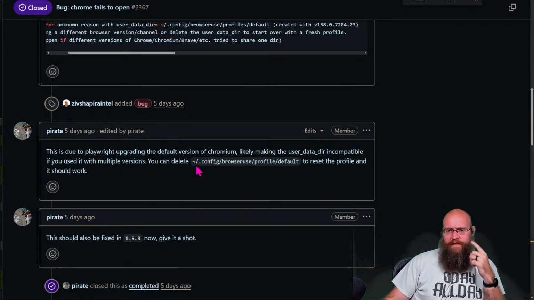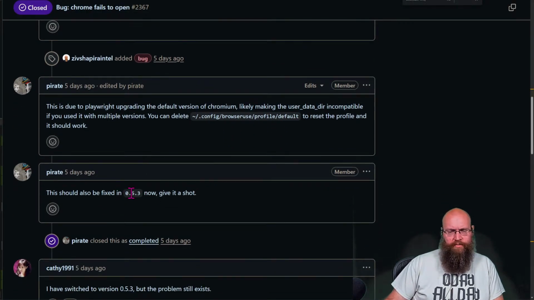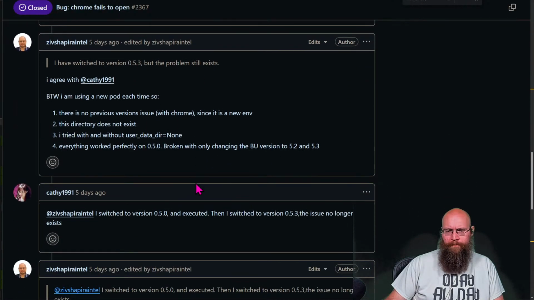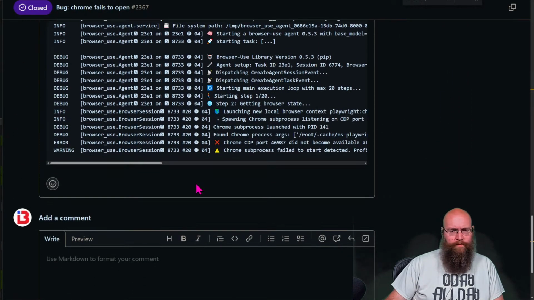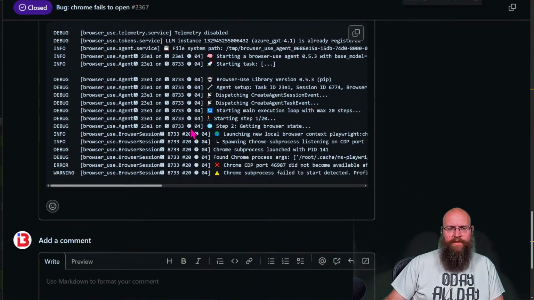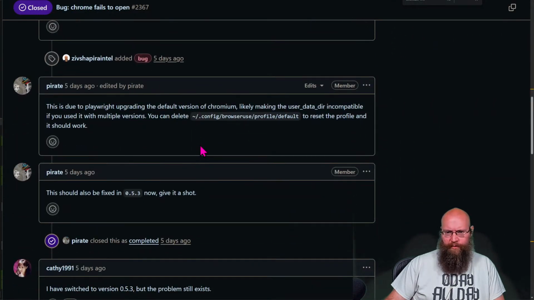So you can delete config browser use profile default, reset the profile. It should work. Should be fixed in 0.5.3. This guy's still saying that 0.5.3 still has the issue. And so he was saying this is an issue with where it puts the data dir.